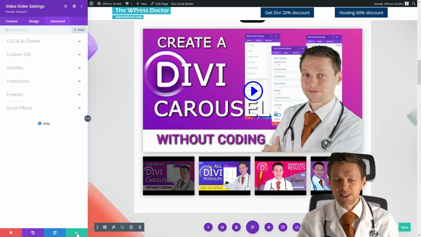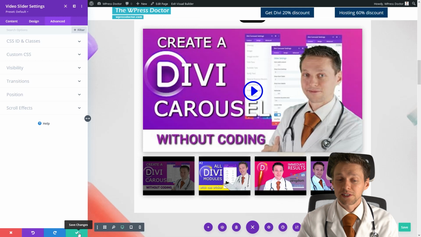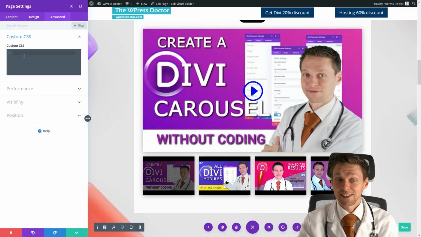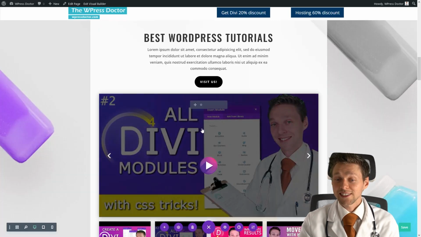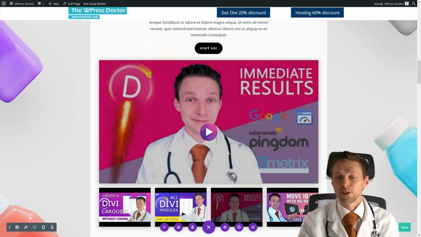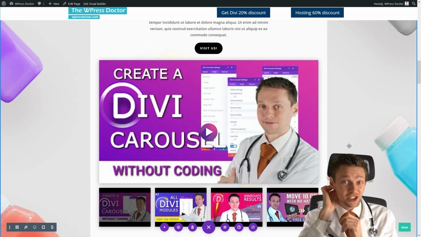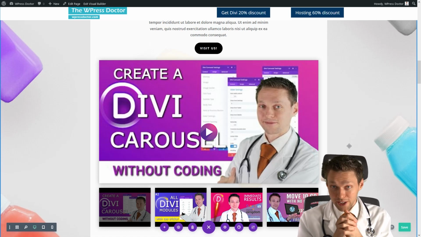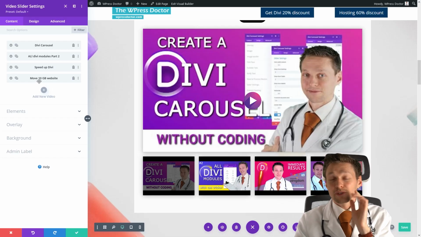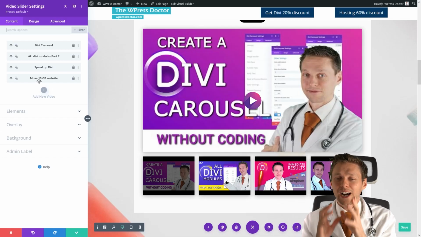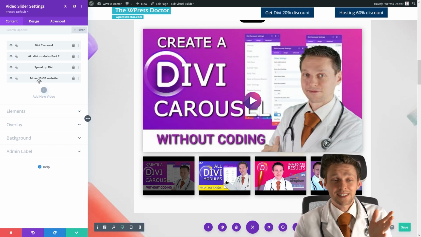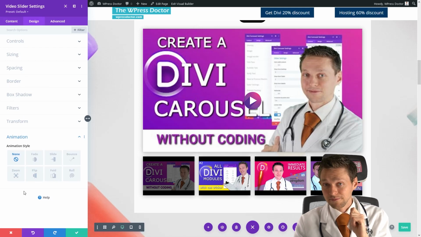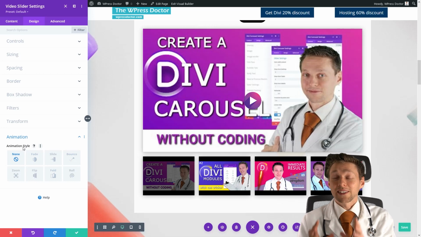Now, my question is, of course, can you use our CSS snippets to also change this play button to the one we had before? Well, let's see if it works. As you can see, actually, yes, the snippet also works with the video slider. And if you're wondering how can I change the generated thumbnail or anything, just click a few minutes back to go to the video module because it is exactly the same. So the only thing I'm missing in this video module is how to create an automatic slider, because they say it's a video slider, but I can't seem to find an auto animation. So that's definitely something they could improve.